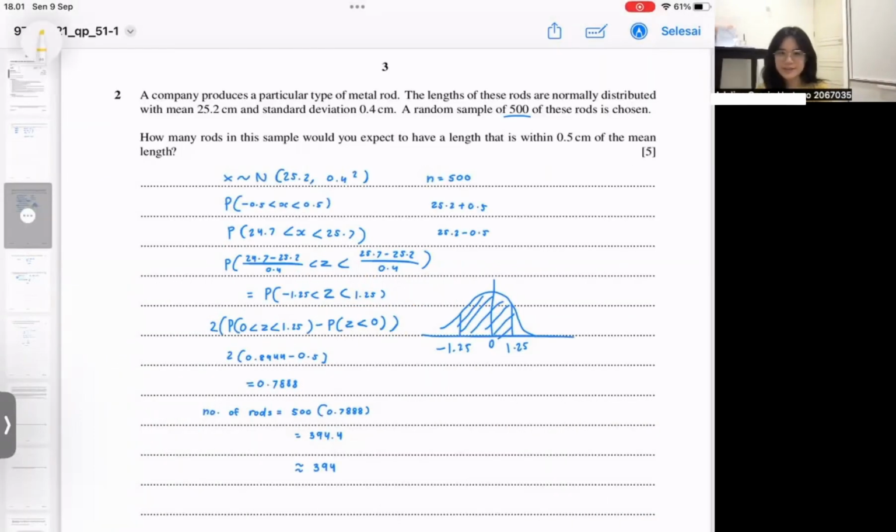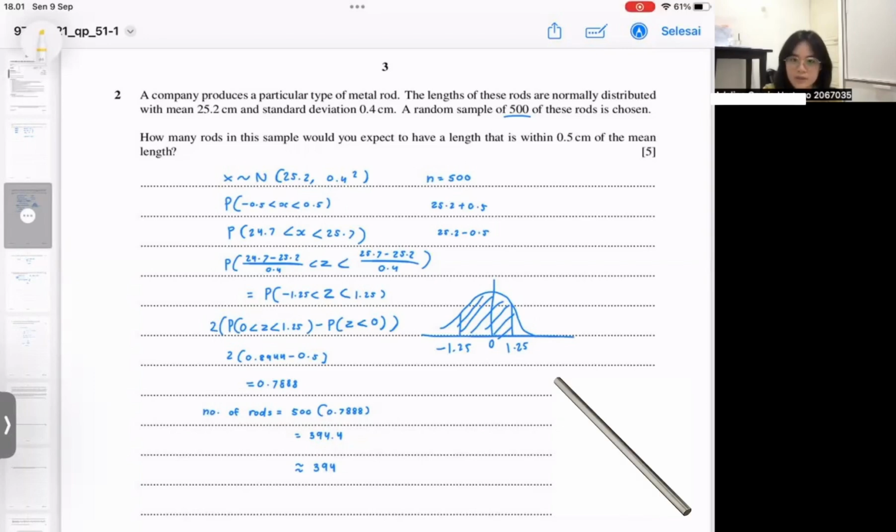So on to the second question. A company produces a particular type of metal rod. The lengths of these rods are normally distributed with mean 25.2 centimeters and standard deviation of 0.4 centimeters. A random sample of 500 of these rods is chosen. How many rods of the sample would you expect to have a length that is within 0.5 centimeter of the